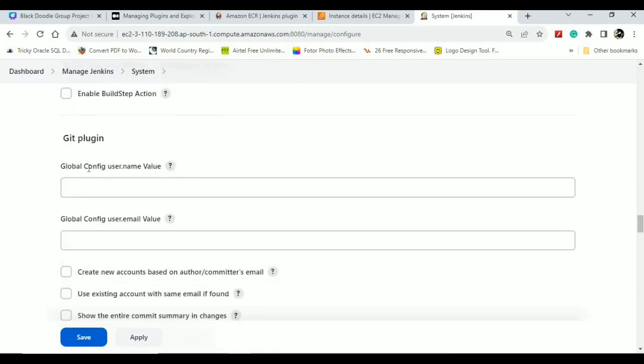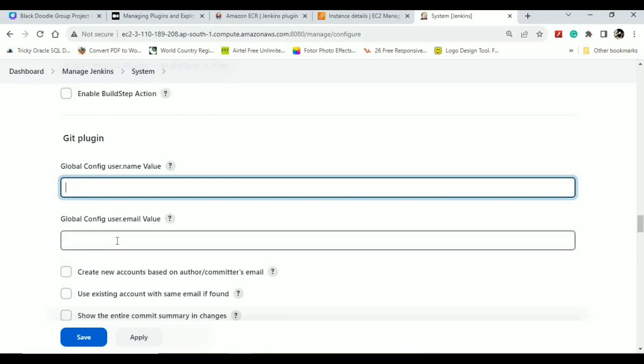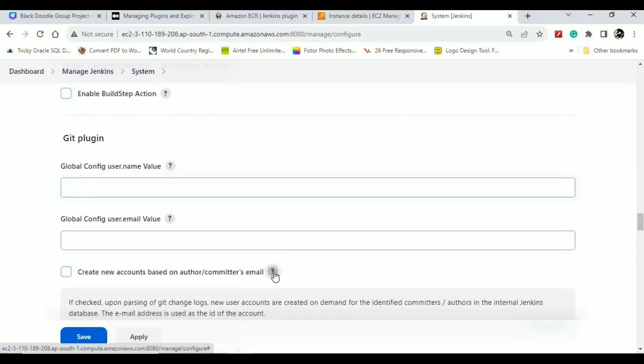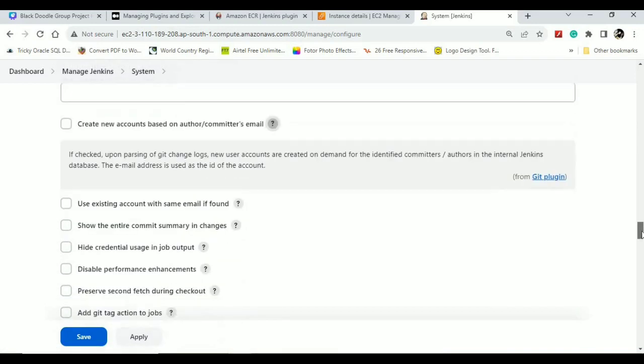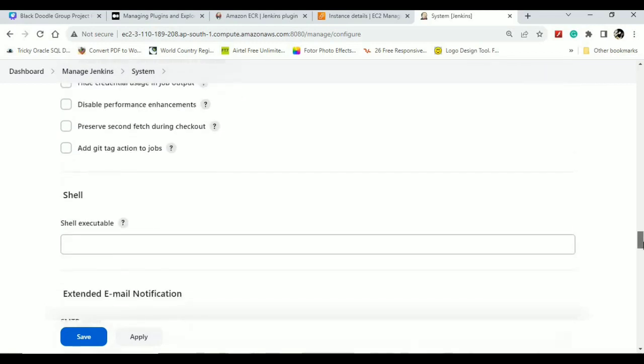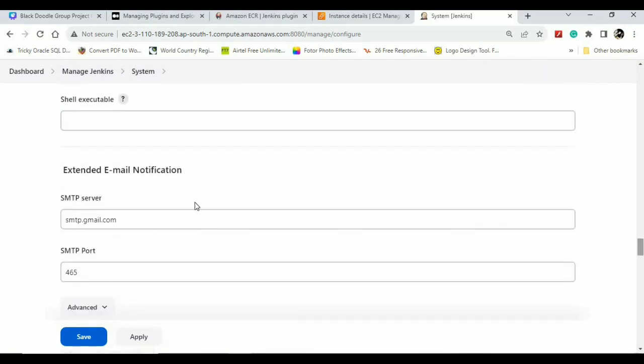And also, since the Git plugin was already installed, you can just provide that configuration email, and you can choose these options, like what is the use of creating new accounts, committers, and you can also see there are various options along with that. And if you want to, you can provide that, and this extended email will help us in that